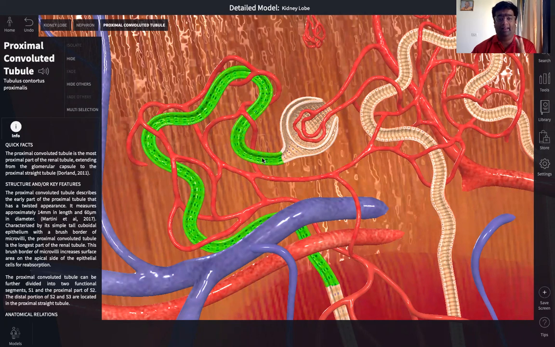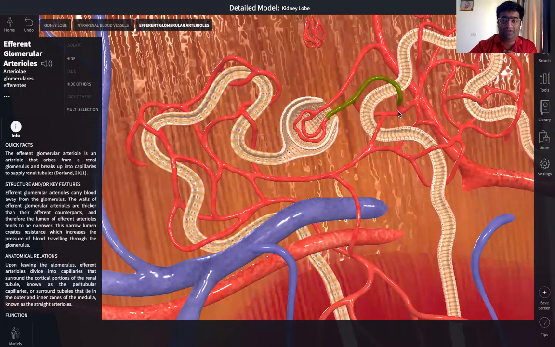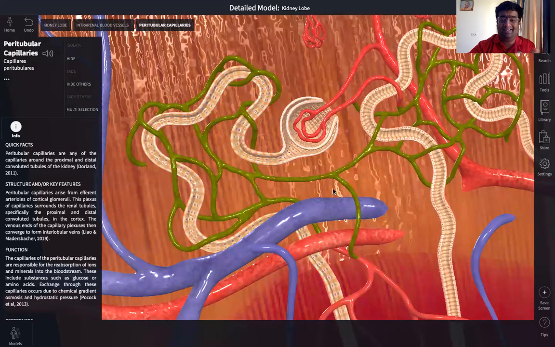In fact, in healthy individuals, 100% glucose is reabsorbed back into the blood, and that reabsorbed content is taken up by the blood that is flowing through these peritubular capillaries, which are formed by the splitting of the efferent arterioles. So this is the efferent arteriole, which splits further to form the network of capillaries that surround the PCT and the DCT, called the peritubular capillaries. So whatever contents are reabsorbed, they are poured back into the peritubular capillaries. So 100% glucose in a healthy individual.